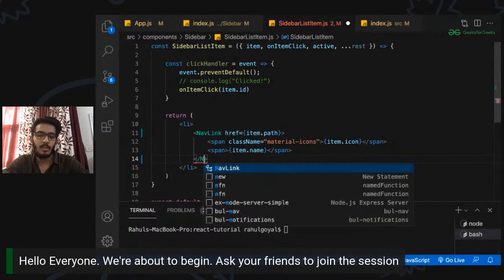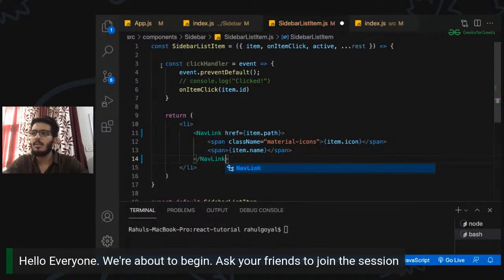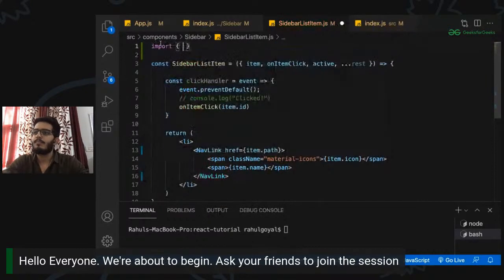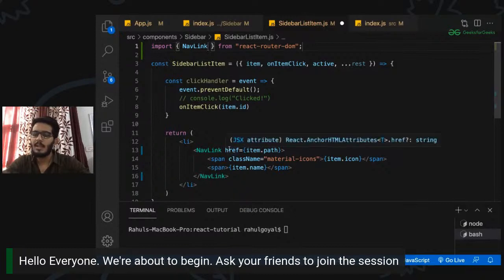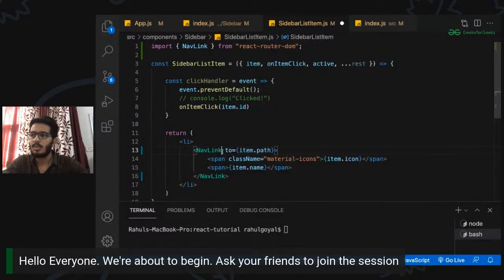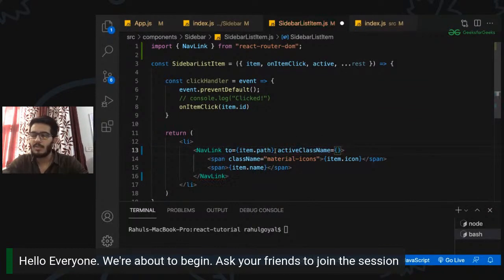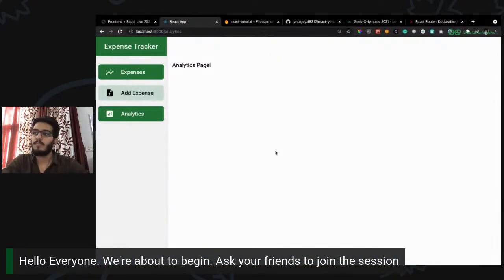If you want to style, you may have to use this NavLink. Okay, so let's import it. NavLink from React Router DOM. And in this NavLink, we don't have to provide the href, instead we provide to, which is equal to our path. And we have to provide an additional prop if we want to make it active. So if it is active, I want to provide the class active. Okay, so if we see now,